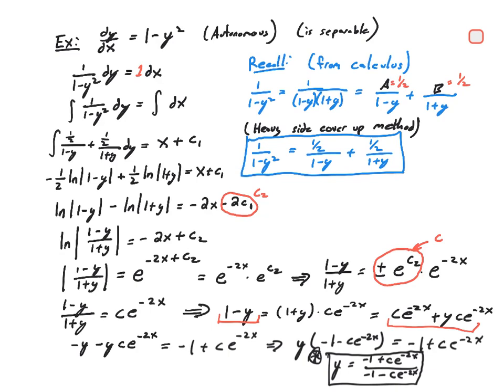And that is my final answer. And just like I said before, if you go back and look at it, the hardest thing about this whole process really wasn't separating the variables. That was done in 3 steps. The hard part was remembering how to integrate this. You had to recall from calculus the partial fraction decomposition or the Heaviside cover-up method. However you remember this, you had to remember how to integrate this particular piece, and then you had to remember what sort of crazy algebraic manipulations and combining constants to solve for y at the very, very end. That's actually going to be the most challenging part of differential equations.